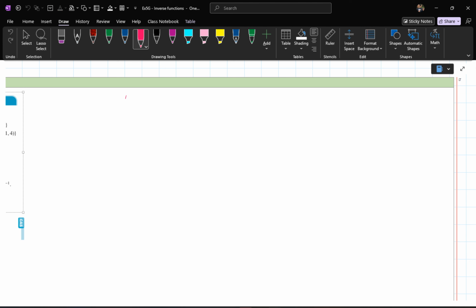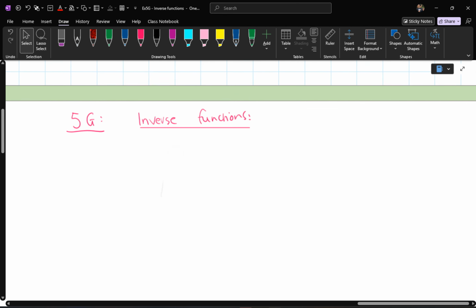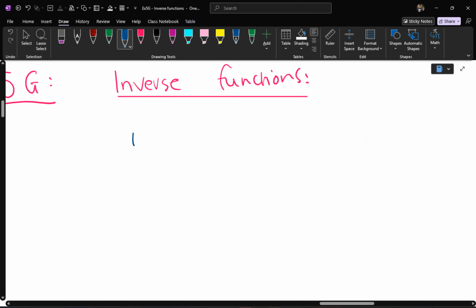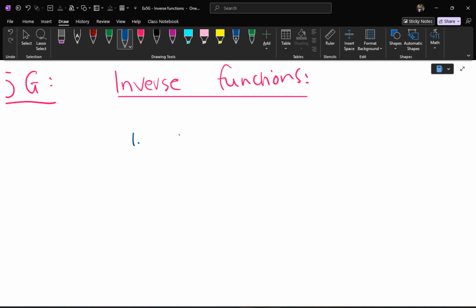So again, let's recap. 5G. Inverse functions. There's only two things that you must understand. Number one, for an inverse function to exist, meaning that you can work out an inverse function, because the key word is function there, an inverse function exists if and only if,